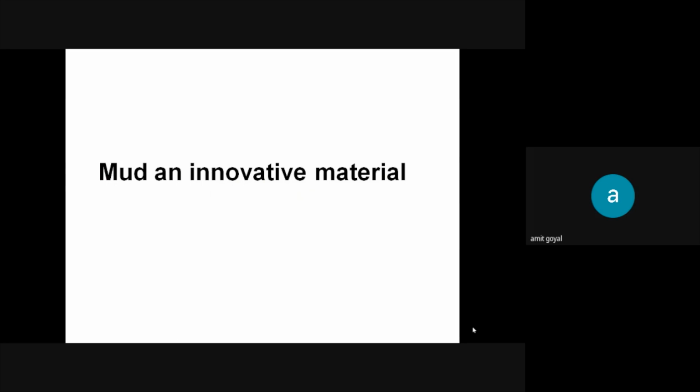Now I want to explain this very innovative material which provides you energy efficiency, which provides you comfort, a very soothing effect: mud. But nowadays, we are not using it at all in our construction practices, because people say, "Arey, will we live in a mud house? Will we make mud walls? It will not be sustainable, it will fall. And mud houses were built earlier." These are all the concepts, all what we believe now, that this mud cannot be used